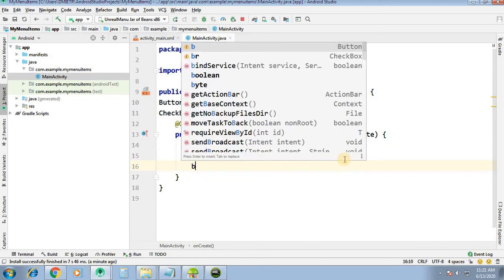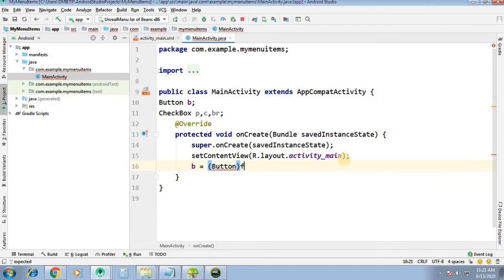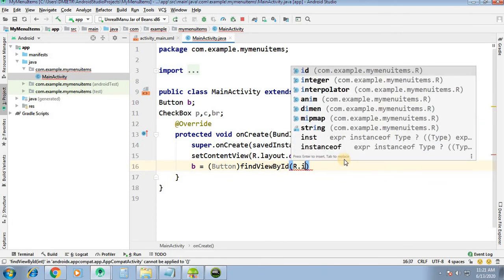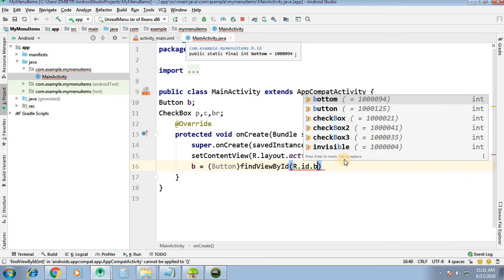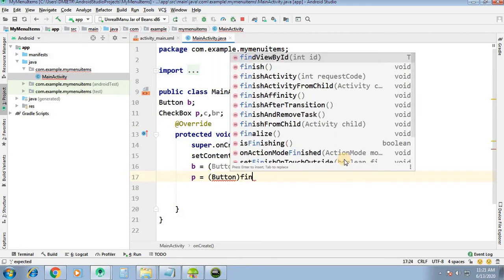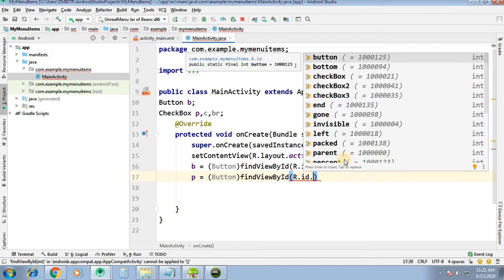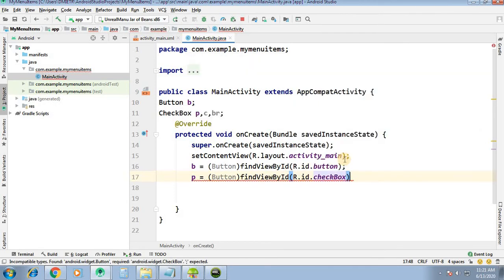So map this B equal to button, find view by ID, R dot id dot button. Then pizza P equal to find view by ID, R dot id dot checkbox pizza.